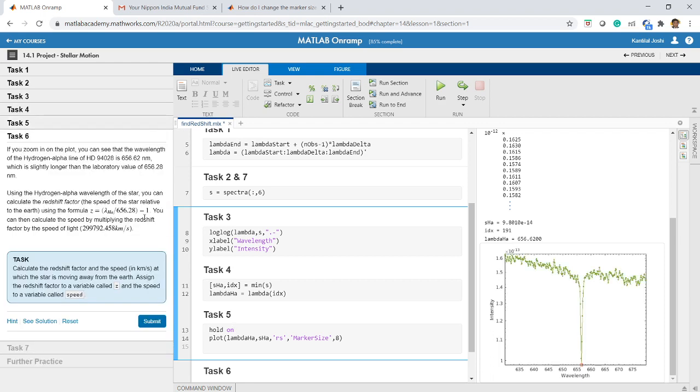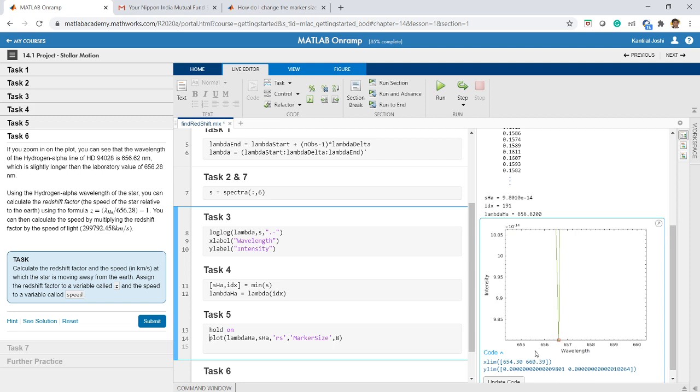The next task is, if you zoom in on the plot, you can see that the wavelength of the hydrogen alpha line is 656.62 nanometer. So if we zoom in on this, that means if I click here and use this marker, and select this much portion, it will tell me this.